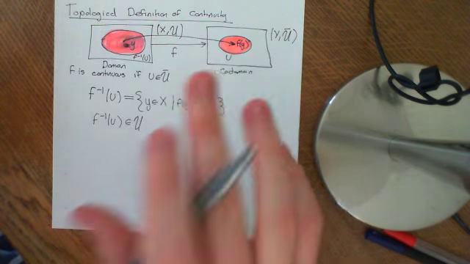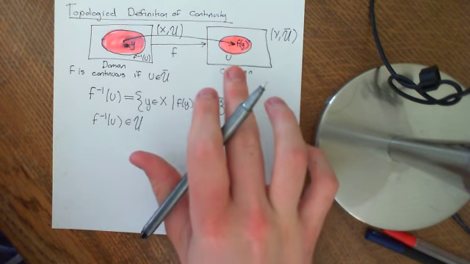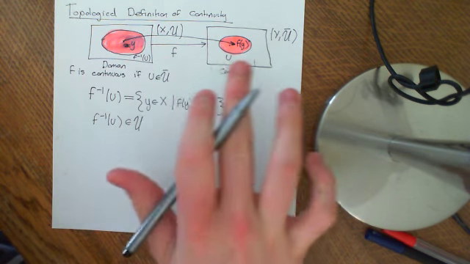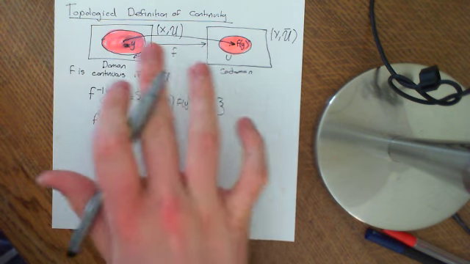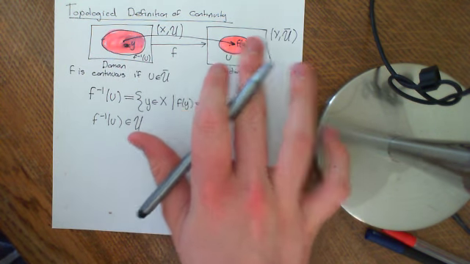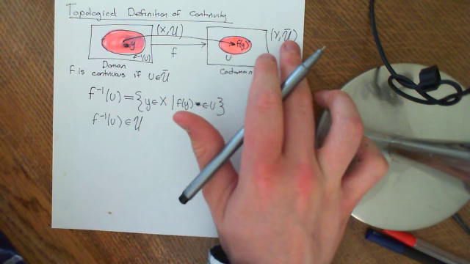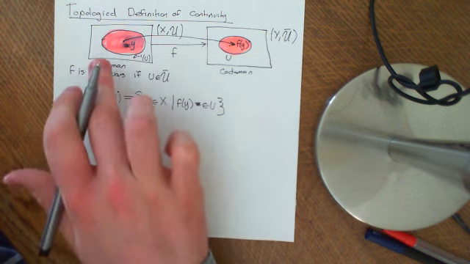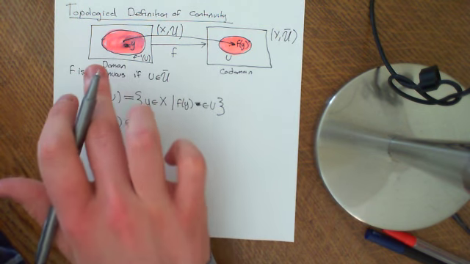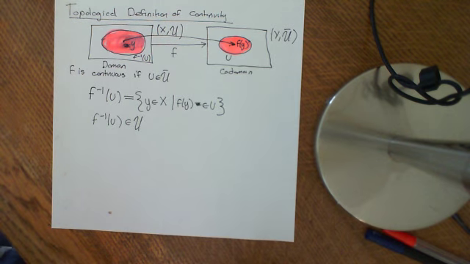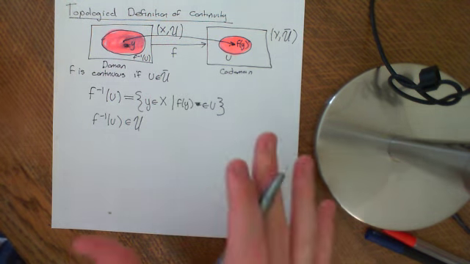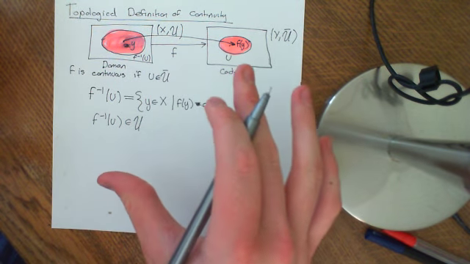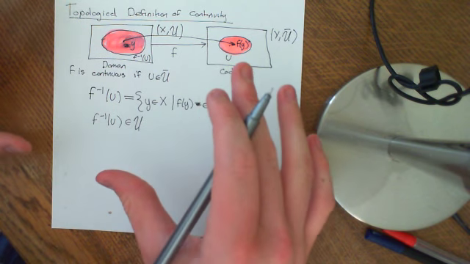So the main thing to note is that this is a global definition. It's not saying continuity at a point. It's saying continuity of the entire map. If I take an open set over here, its inverse image must be open. Okay, so now what we're going to do is try and understand why this definition coincides with